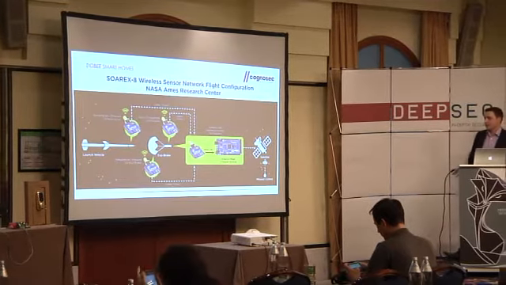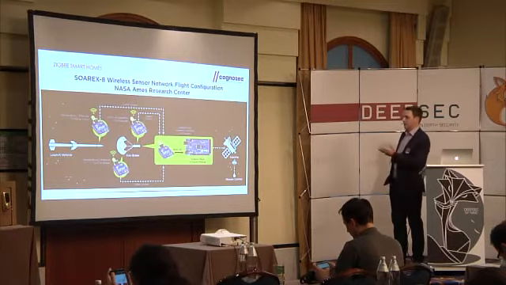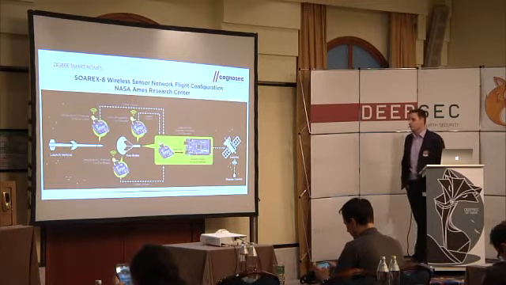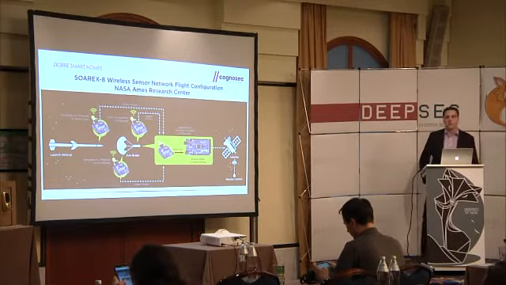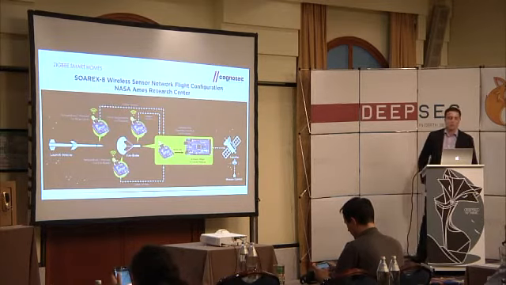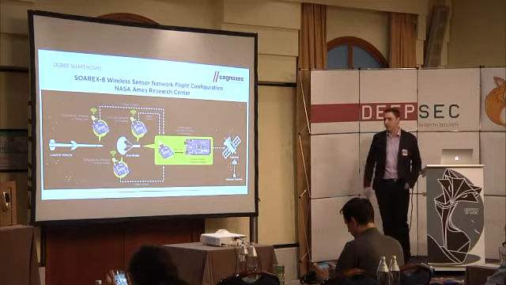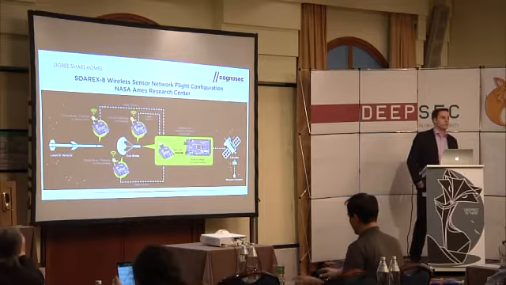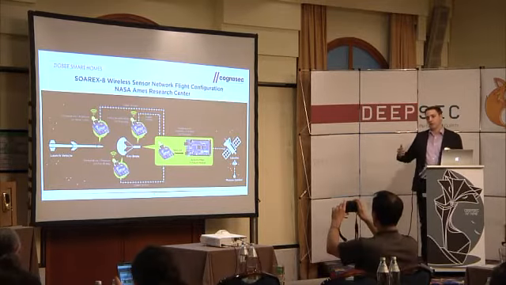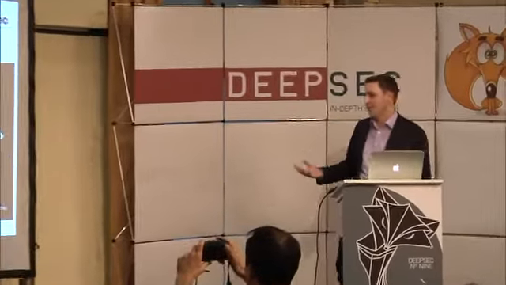What else is interesting for ZigBee? It's also on the rise. NASA launched a rocket at the beginning of this year, and it also contains ZigBee sensors for measuring temperature and pressure, and the parachute is actually controlled using ZigBee devices. This means it's not only a theoretical topic, it really gets used in industry and high-cost applications.